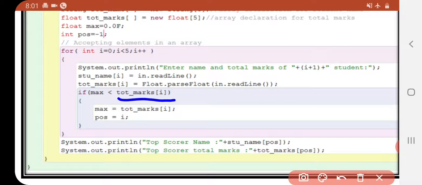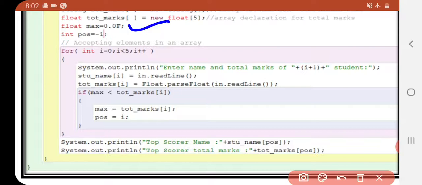And how are we going to check whether the first student has maximum marks than the second student, and the third one, fourth one, fifth one? We have to compare one mark with another mark so that we can have our maximum marks. I've already taken a max variable storing 0.0, a small value right now, and then we are going to check it against the other values.